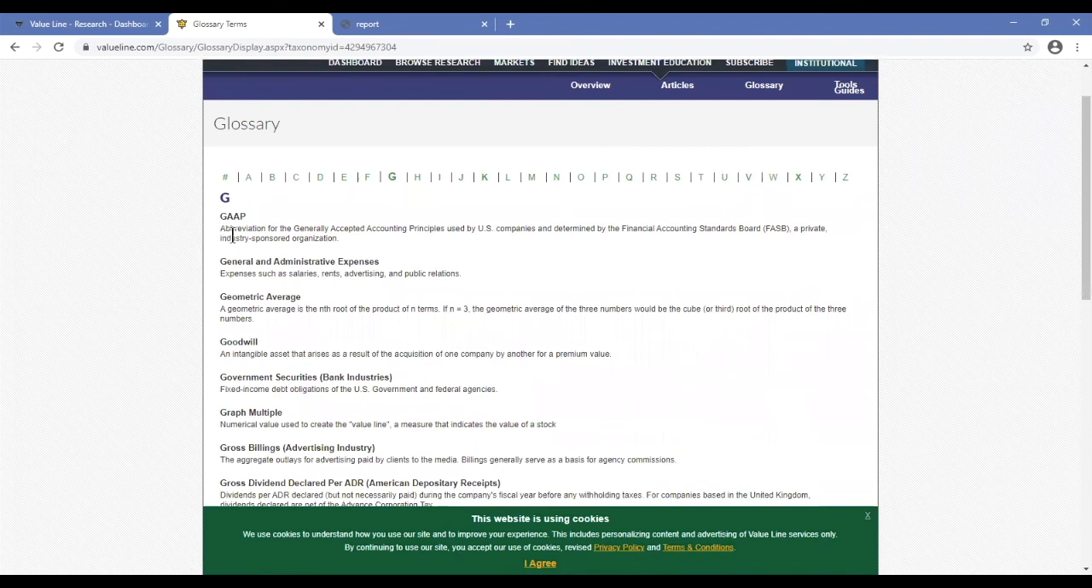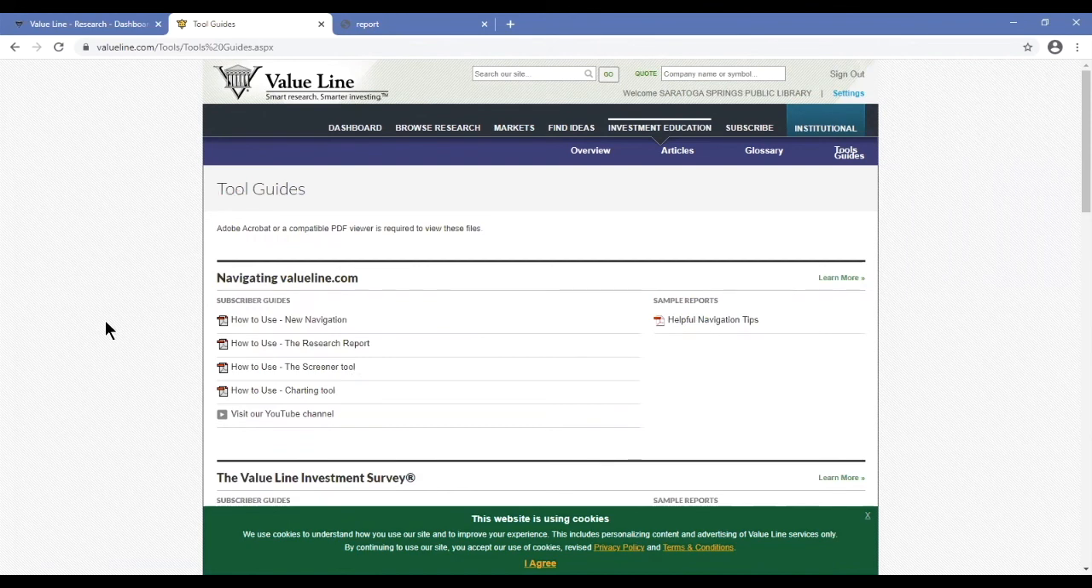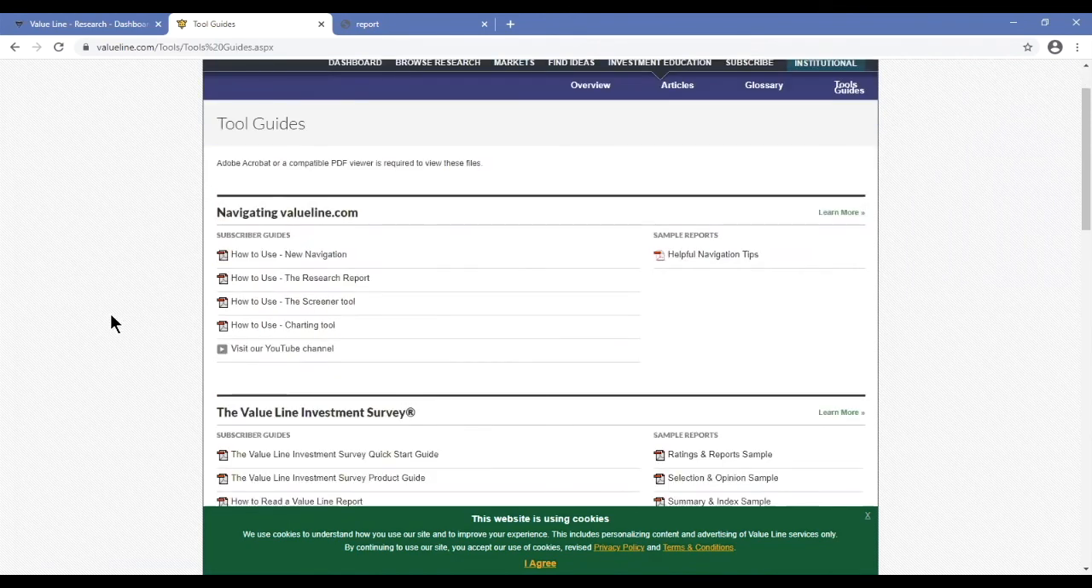It says it's the abbreviation for the generally accepted accounting principles used by U.S. companies and determined by the Financial Accounting Standards Board, a private industry-sponsored organization. There we go. And then if we click on Tools and Guides, this will bring us to an exhaustive set of resources on how to use the tools we've only briefly touched on here, such as how to read a Value Line report,